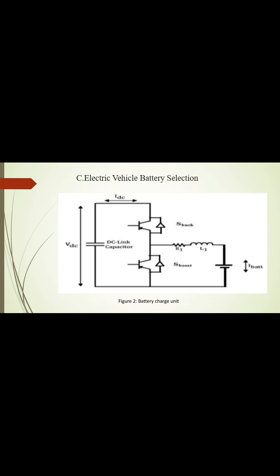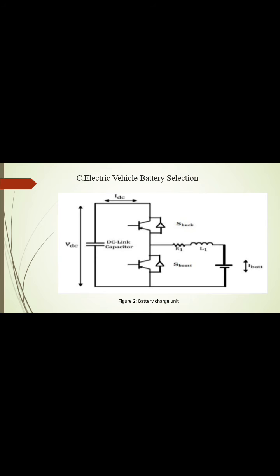This diagram shows the electrical vehicle battery charger. Here in this circuit, the battery charger has a bidirectional converter with power electronic switches which operate in complementary to each other with respect to the control signal. Here the